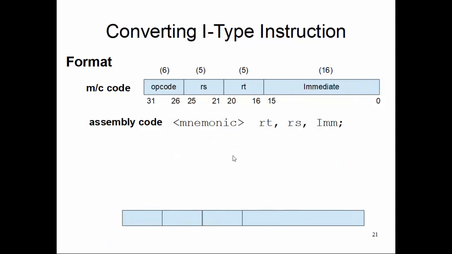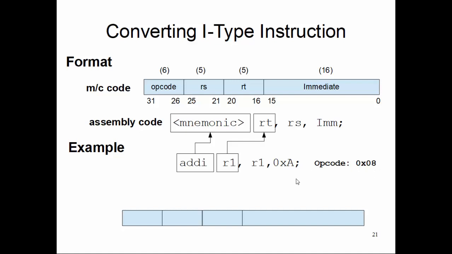So the I-type instruction format is like this. Your opcode is the first, most significant 6 bits, and then RS, RT, there is no RD, and the 16 bits are the immediate. So 5 bits, 5 bits, and a 16-bit immediate. The assembly code format is mnemonic, RT, RS, and immediate. For example, if I have addi R1, R1, and an immediate, the opcode of addi is 08 hex,